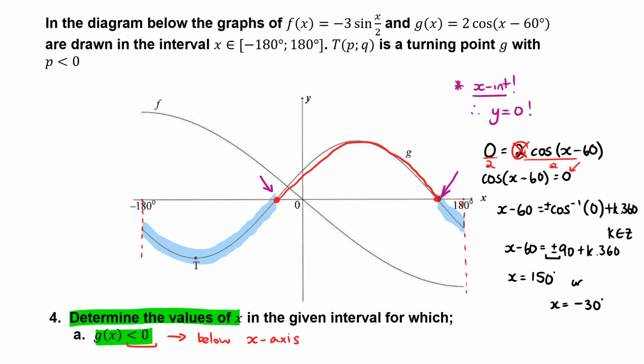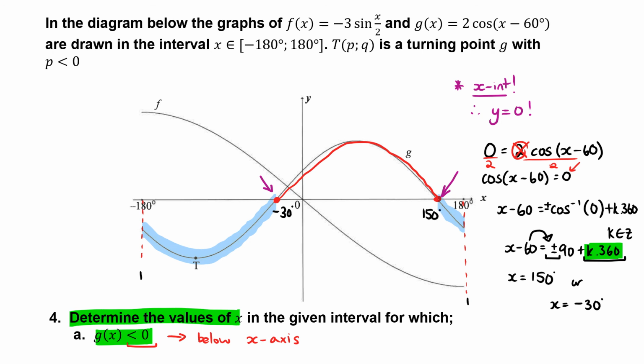And that's just using that plus or minus there, and then moving the 60 over. And the 360 stays, but in our case, we're only dealing with negative 180 to 180. So we don't need to use that k360 over there. And so we know that this point over there is negative 30,